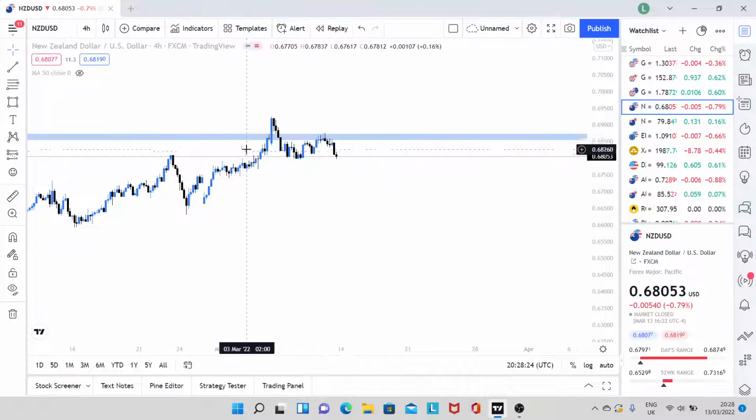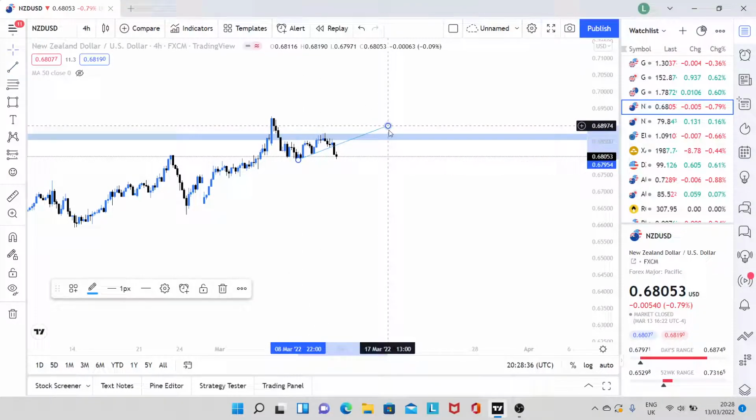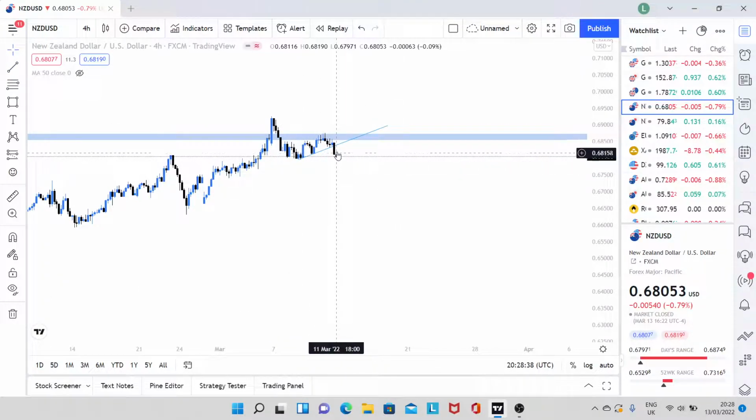So we did have a quick brief spike above, but we've had a huge reaction back downwards. To be fair, this would have been a stupidly nice entry if we had a counter trend line drawn in here. We've broken the counter trend line. You could have got an entry here, or you could have got an entry here. You've also broken these lows, so we've broken structure. Judging briefly from what I've seen here on NZDUSD, we could probably be looking to go down further.